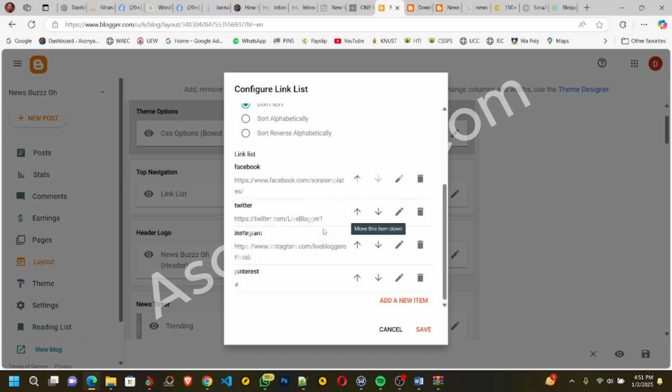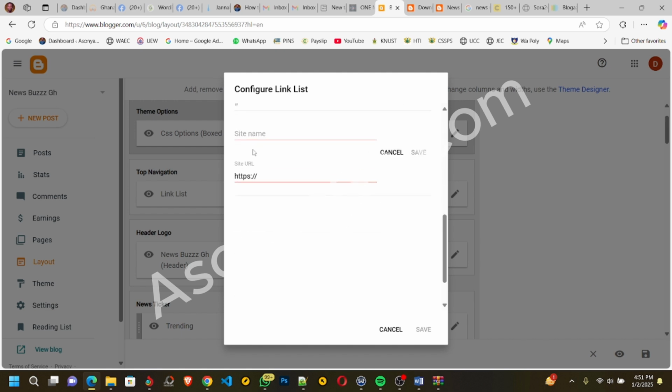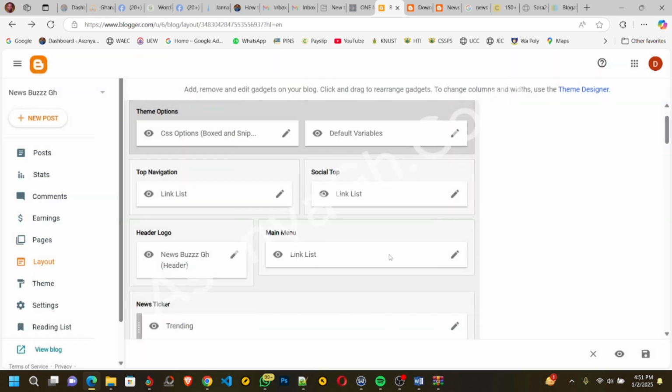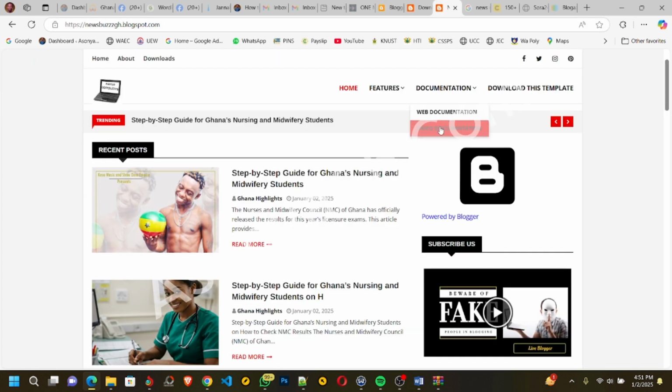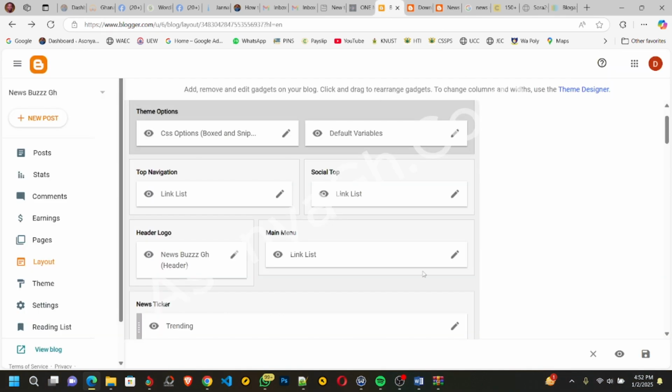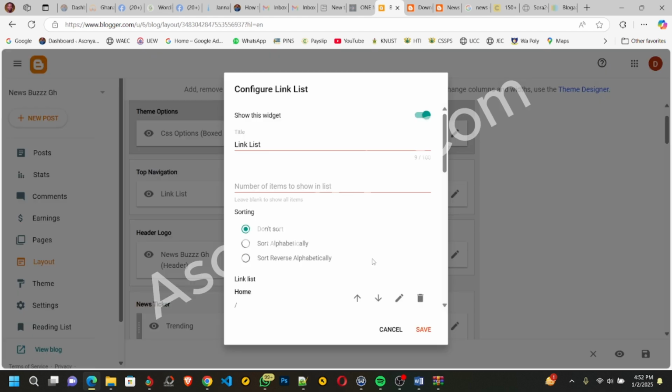Then after that, you save it. If you want to add more, you can add more. So let's go to the main menu. So this one, I want us to change, to see how we can modify or change this one. So you just come to the layout, then come to this edit, and then